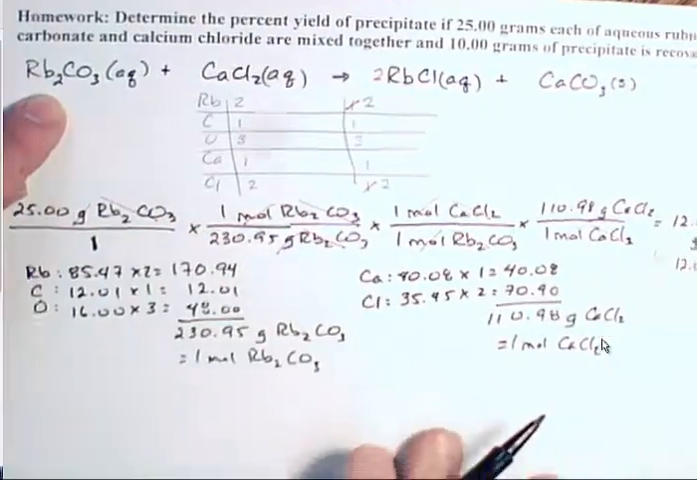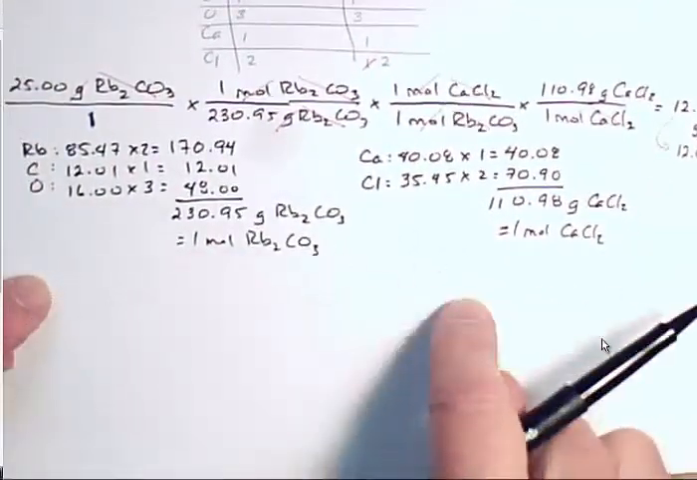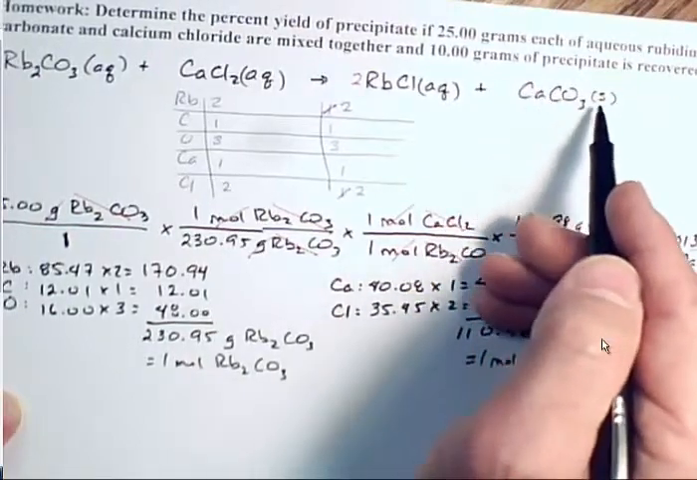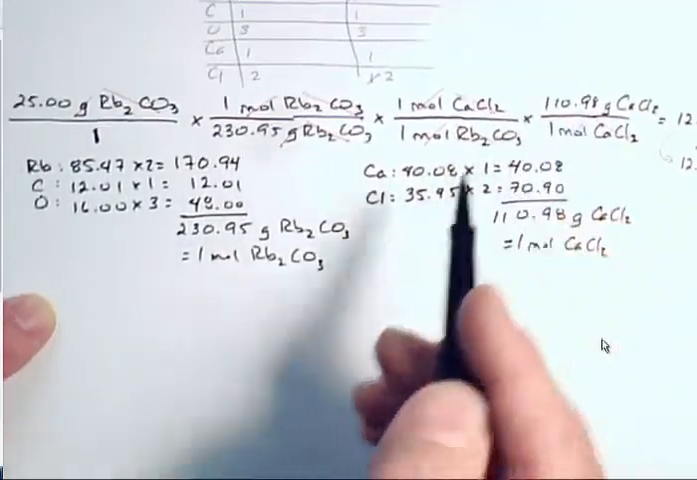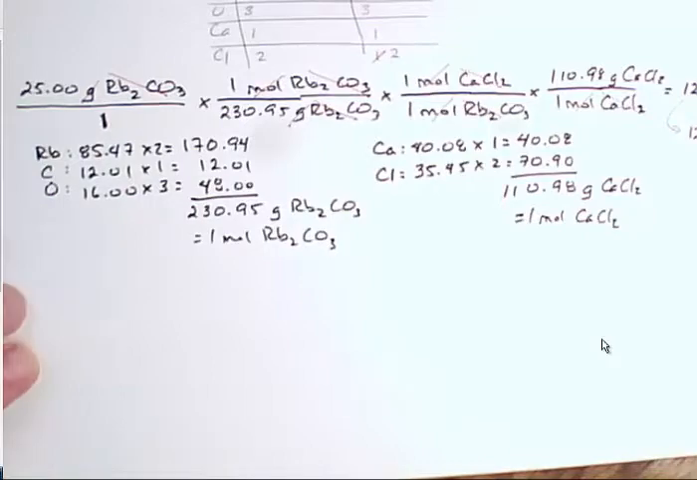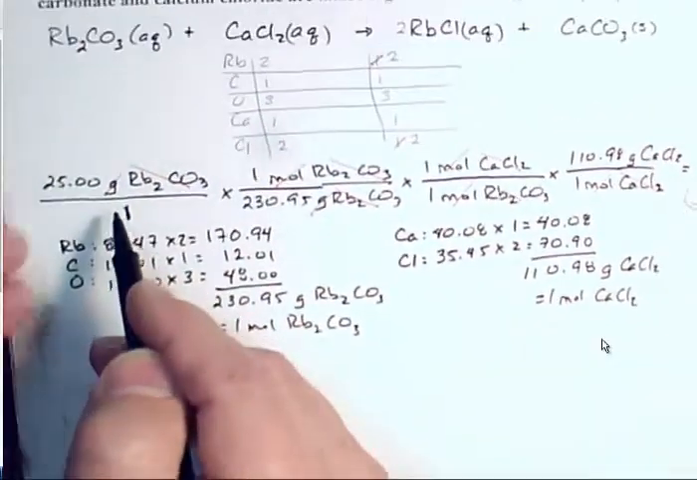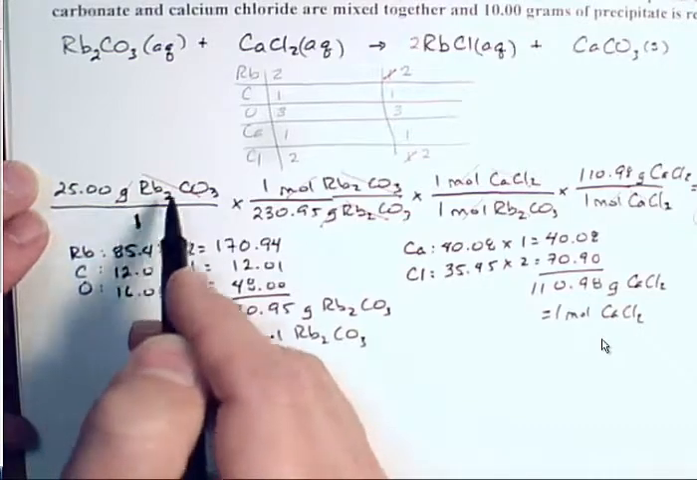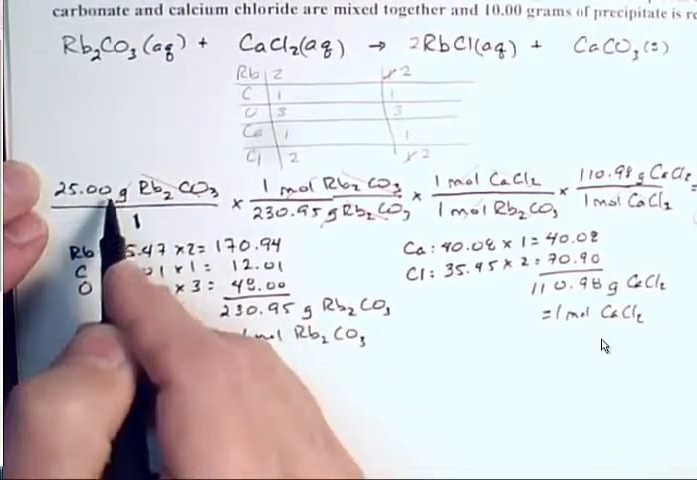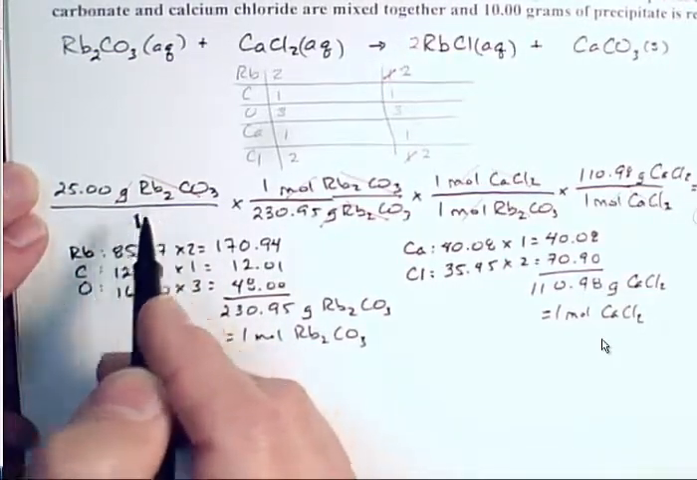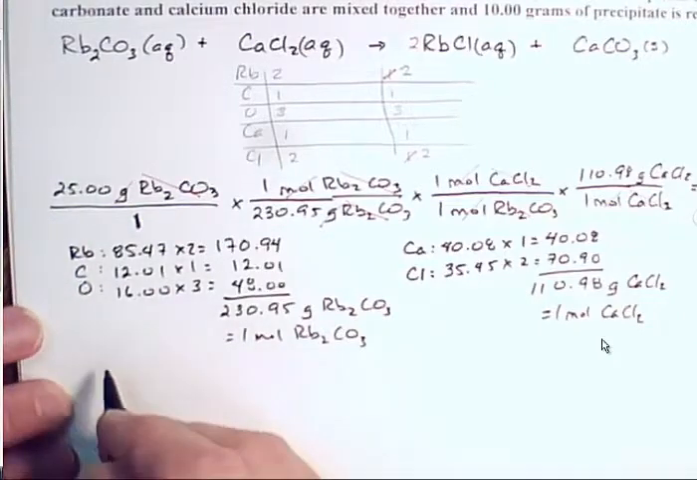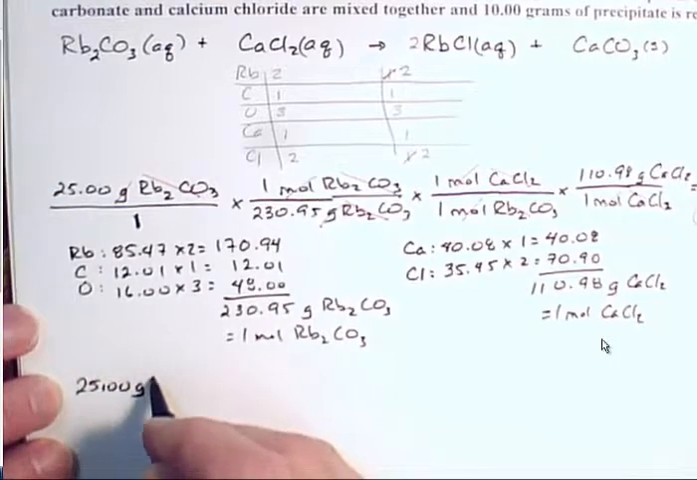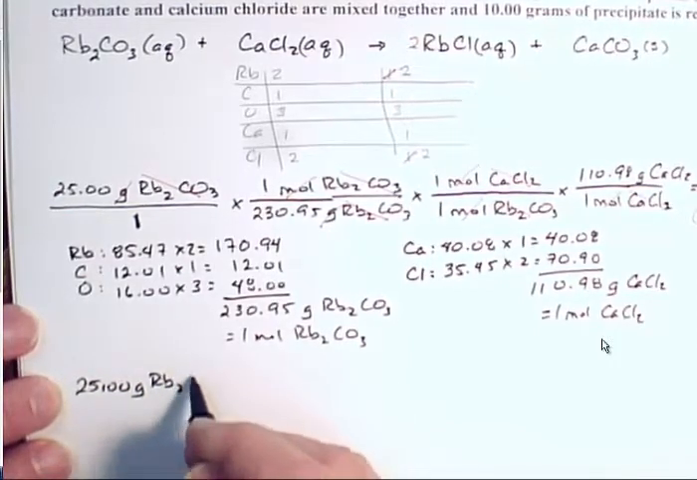Since we now know this is the limiting reactant, we can now start the calculation to the amount of product, this calcium carbonate solid here we're looking for, how much product we're looking for. So we start the next part of our problem with this amount, the given amount. Always you start with the given amount of the limiting reactant. Given amount of limiting, remember that. It's got to be the given amount. 25.00 grams of rubidium carbonate